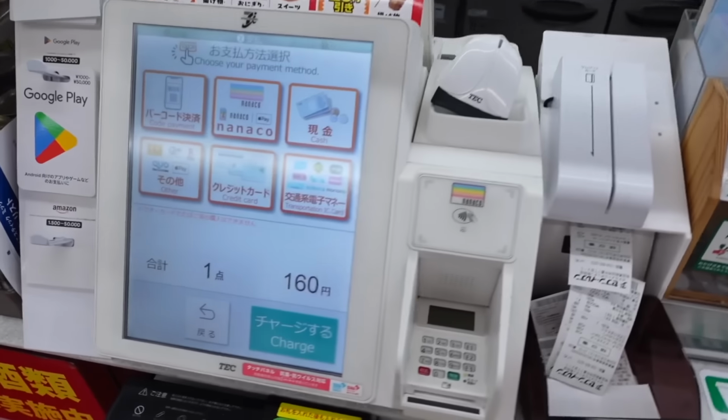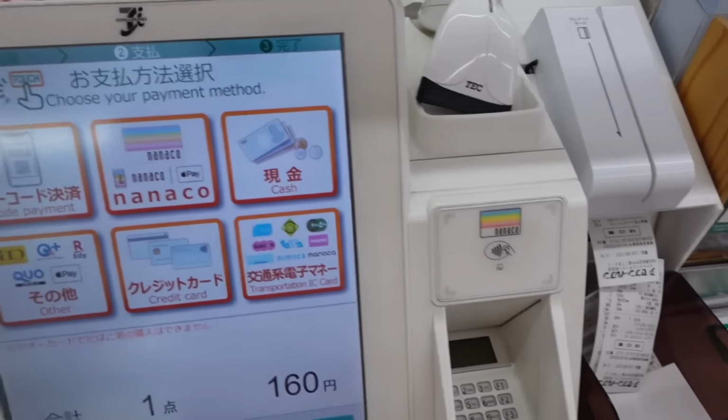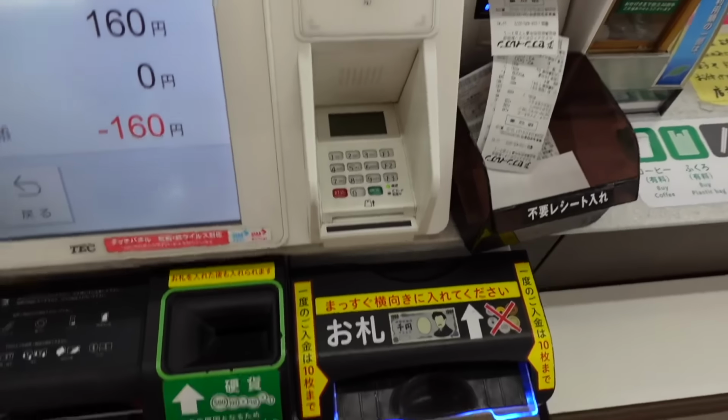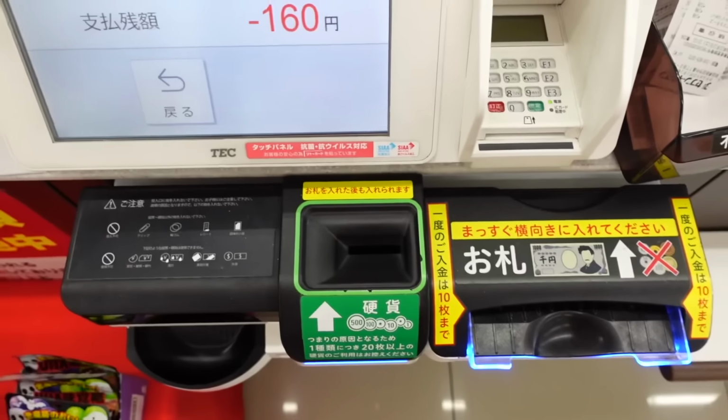お支払い方法をお選びください。 160 cash. 現金を入れ終わりましたら、確認の上、OK ボタンを押してください。